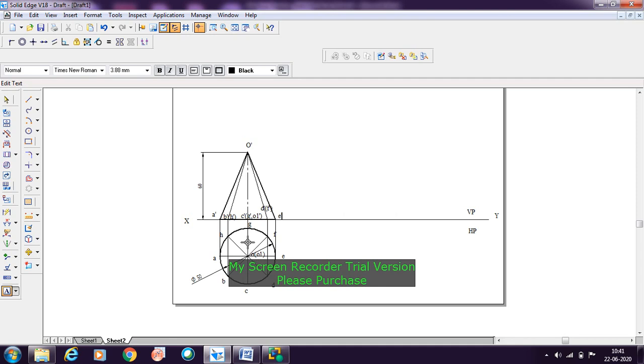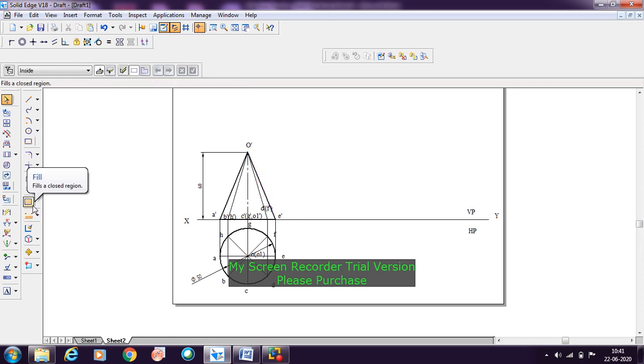Now once after drawing the top view and then the front view for this cone, we need to see the section plane. In the question it is mentioned that the section plane will be passing through the object, but the condition given is that it will be parallel to one of the slant generators, and it will be passing at a distance of 10 mm from it. So in order to draw the parallel line inside this object,